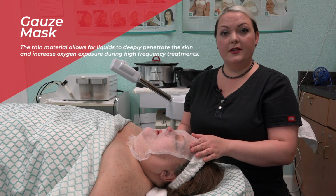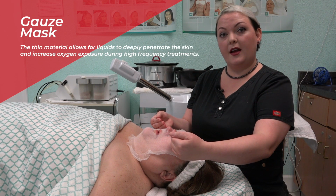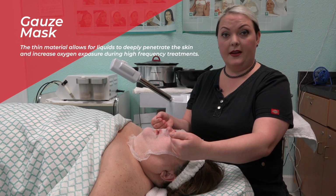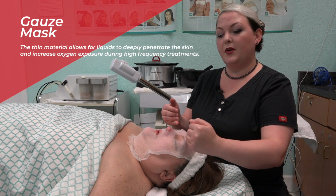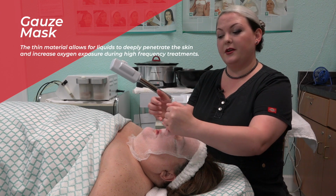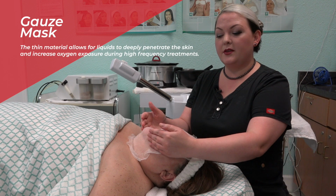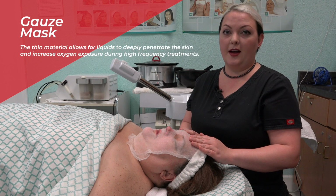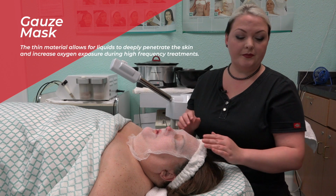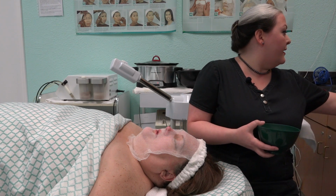For the duration of this, I'm going to have my client make sure that she keeps her eyes closed, as we are going to place it directly over the eye. Some clients don't like that. Some clients just want you to do the areas that are not exposed right here, and just do the part that's on the gauze. It just depends on whether or not they have claustrophobia, but it is very, very good for the eyes and easily removed. The first thing that I'm going to do is mix